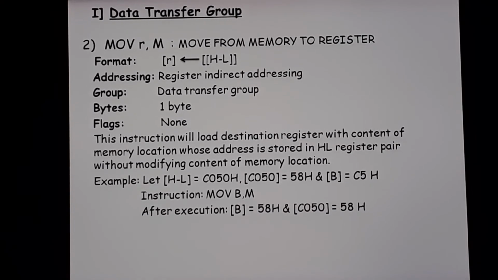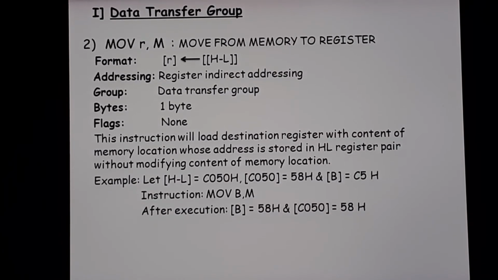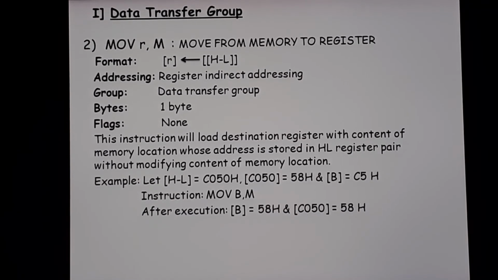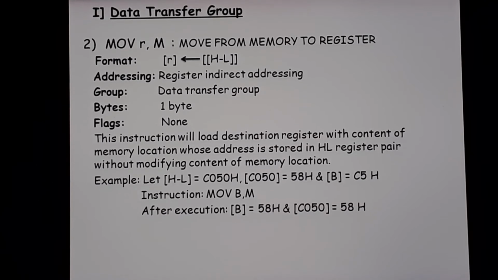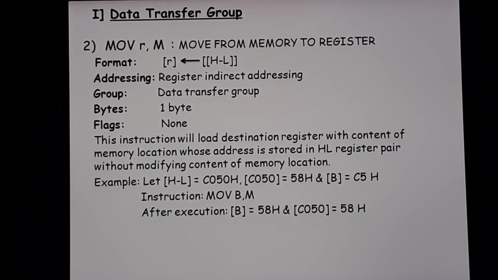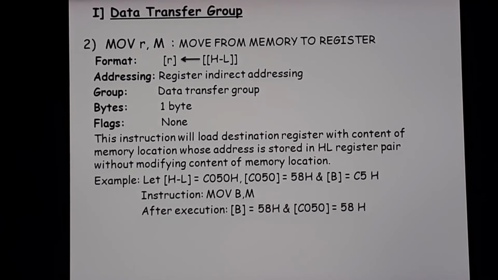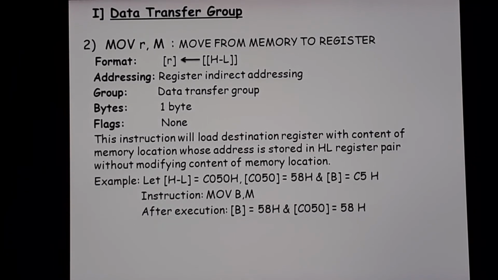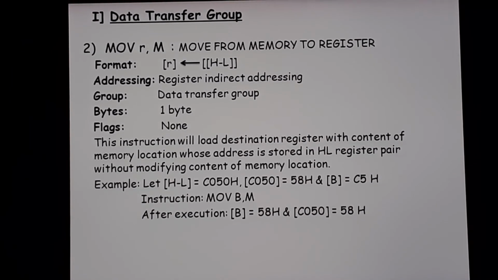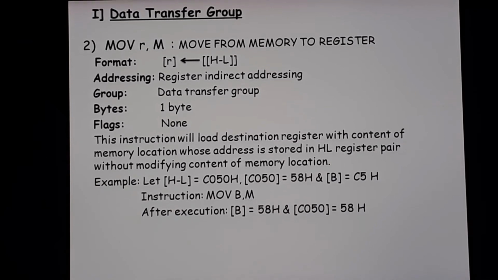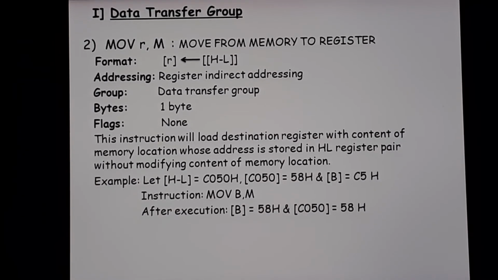Okay, then the addressing mode is register indirect. Now why register indirect here? Because whenever you get an instruction with M, memory part, you will say register indirect addressing mode. Why? Because indirectly it is the HL register pair that we will be executing inside of the instruction. Okay, so hence it is indirectly taking the HL register pair. So M instruction, whenever you see, you will say addressing mode as register indirect addressing mode.